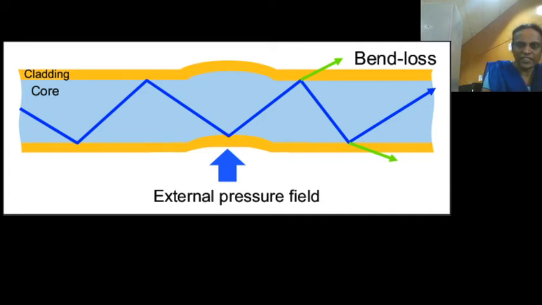An optical fiber cable has a structure called core, clad, and an outer covering jacket, which is the protective layer. The core diameter is always greater than the clad diameter. Why? Because the refractive index value of the core should be greater than the clad in order to satisfy TIR, total internal reflection. This total internal reflection helps the light waves to travel in a zigzag fashion from the transmitter to